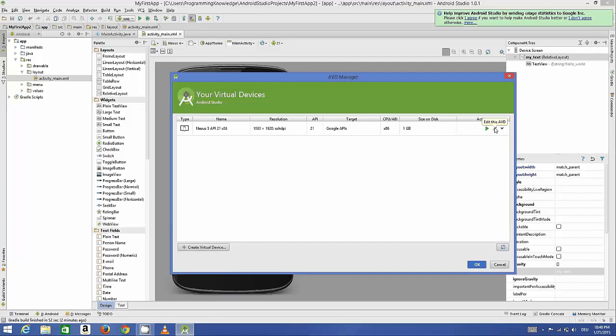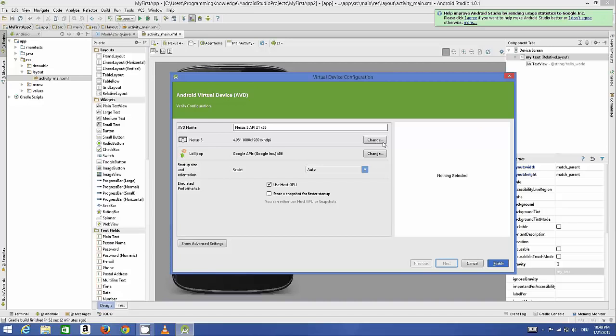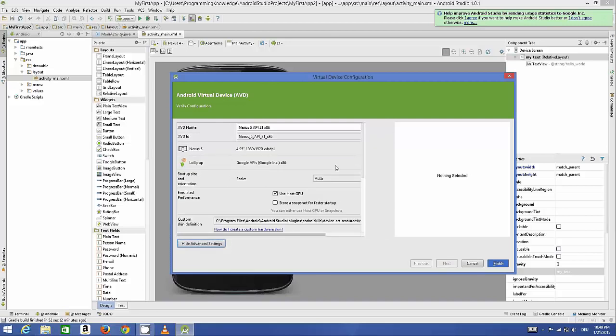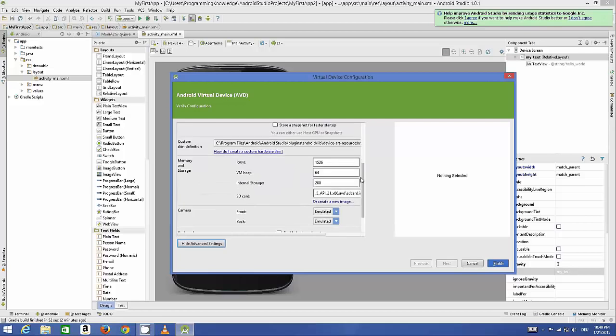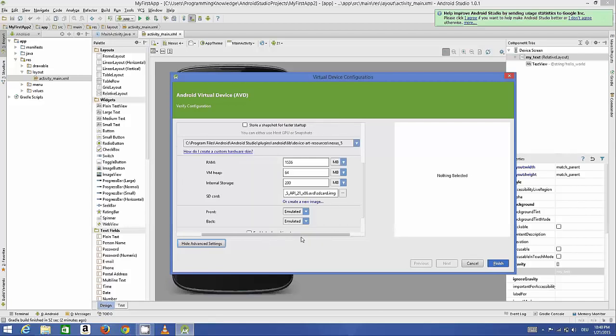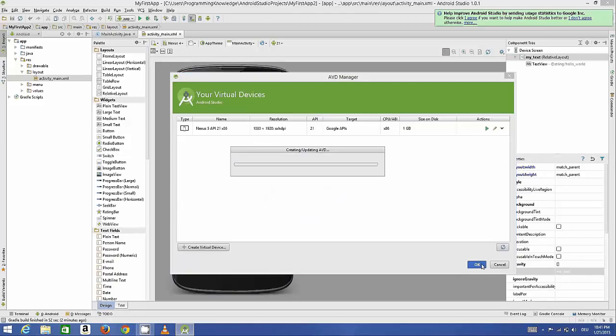In the show advanced settings you can even do some advanced settings, for example RAM settings or VM heap or internal storage, right? So for now by default I can see this RAM is 1536, which I think we need to change, but for now I will leave it as default because I want to run my application and see if any error occurs. We will change this RAM, because sometimes whenever you run your emulator for the first time, it gives this